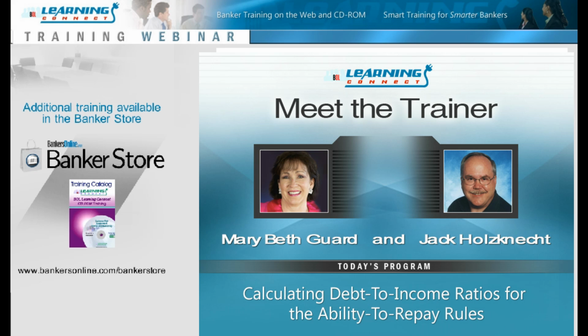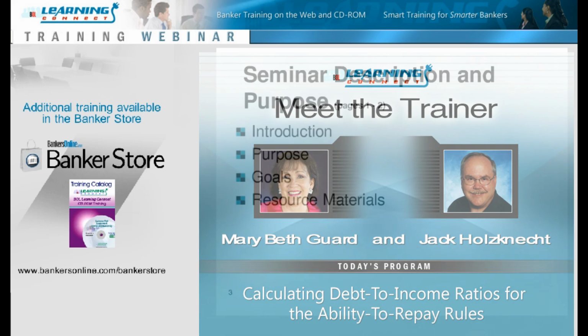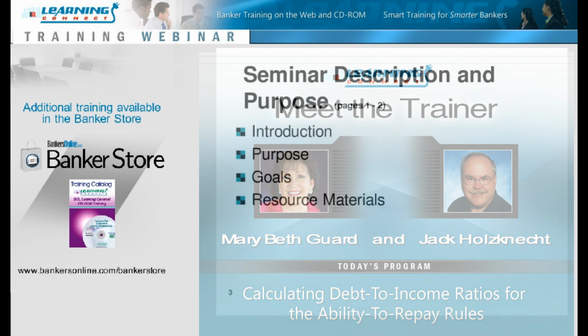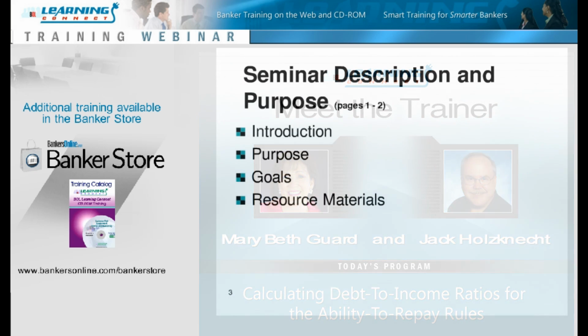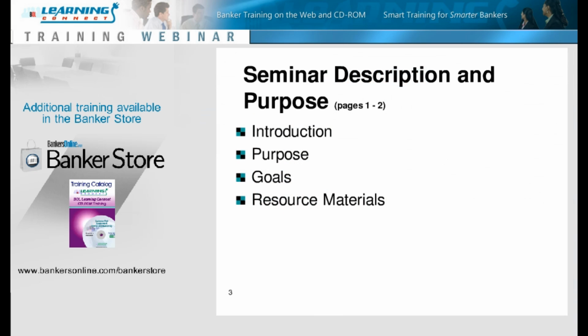We're going to go through the different Ability-To-Repay rules and talk about how they use different debt-to-income ratio calculations. So we'll go through each one of those so that you can avoid a violation of this part or these